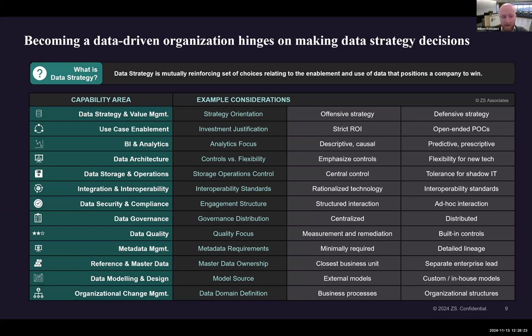Data quality, another personal favorite of mine in this particular dimension, is where you have at least two different ways that you can prioritize the work to be done. One is to really focus on all the data that you have today, all the systems that are already there producing data, and you put a framework in place to be able to measure that data.